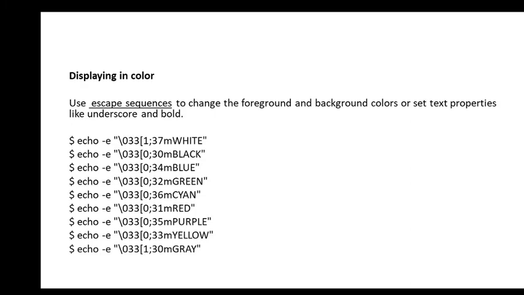For this, the output will be whatever text we have written: white will be displayed in white color, black in black color, and all of them will be displayed in their respective colors.